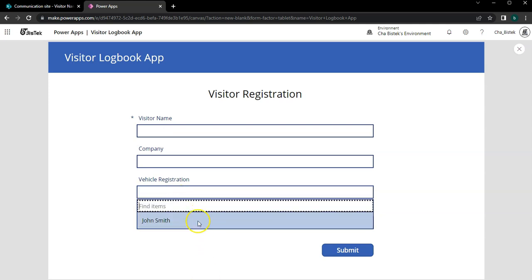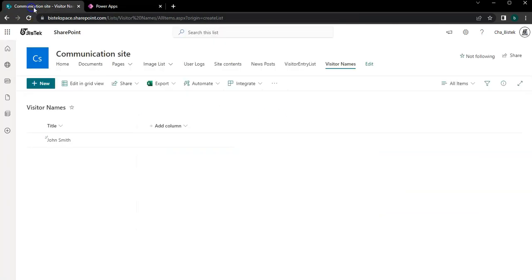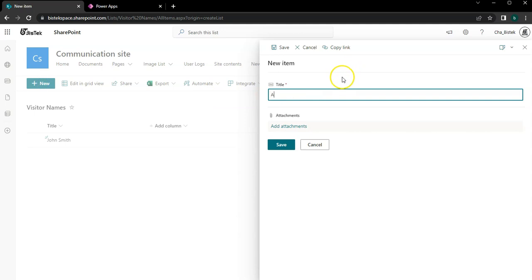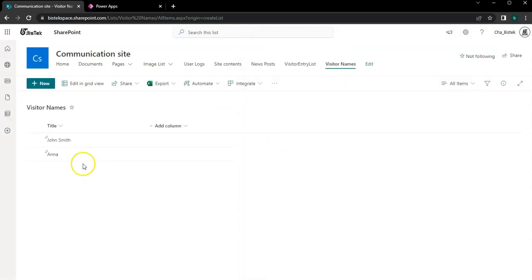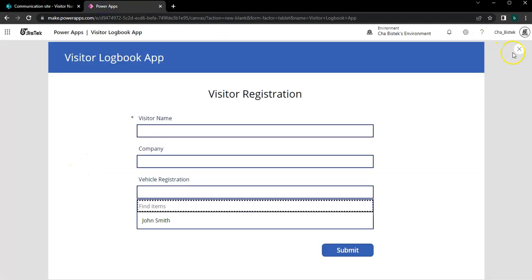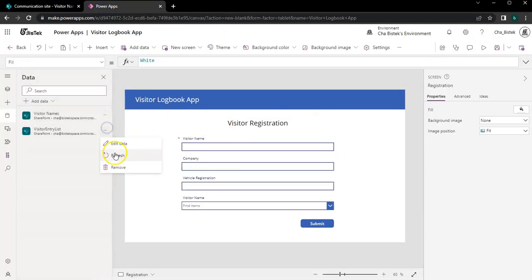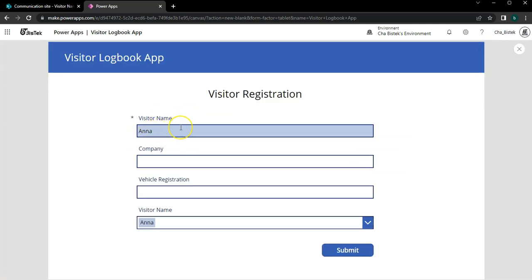So like if you want to add some more names in here, let's say Anna. So when you do that, if you go back to the Power Apps and then refresh this data, we'll have Anna in here. So, and then as you can see, it automatically changed. Then we can put here, let's say Tesla Corp. And